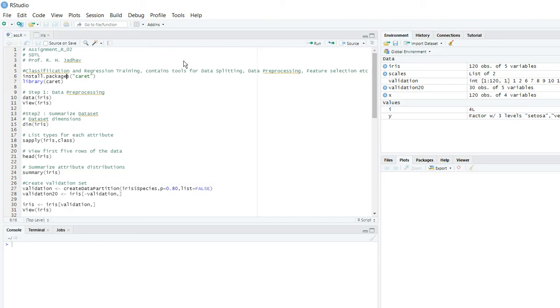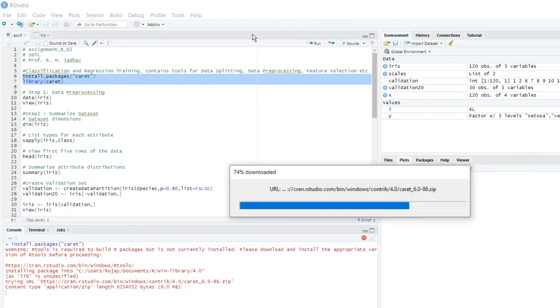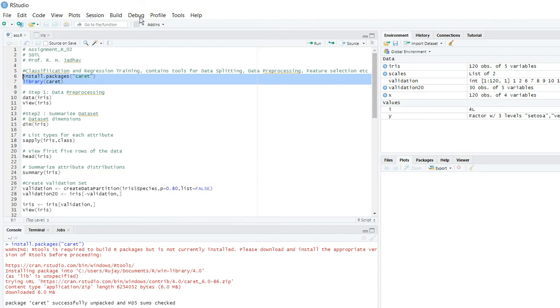That is why we have used the package called caret and then invoke the library caret. So let me execute these statements. Okay, so the required package is being loaded.